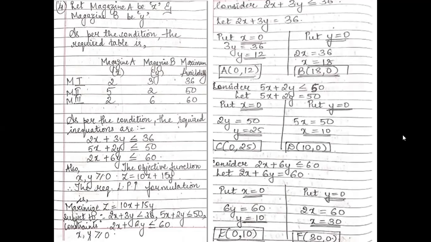Coming towards the solution part, as I have explained here, you have to take one inequation first and change it into a corresponding equation with an equal to sign, as you can see I have done. Then put the value of x as 0 to get the coordinate y, and you get your first coordinate A (0, 12). Similarly, in the same equation, put y equal to 0 and you get your coordinate B (18, 0). In a similar way, I have solved my second inequation and got the coordinates C and D. In the same way, the third equation gave the coordinates E and F.